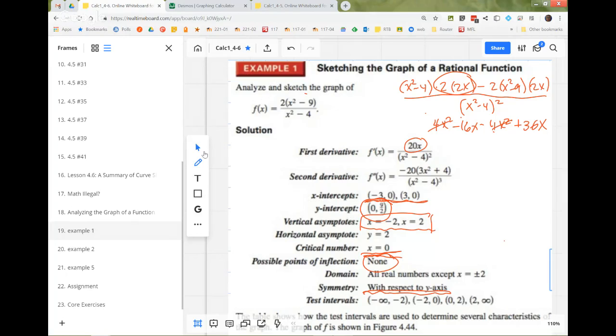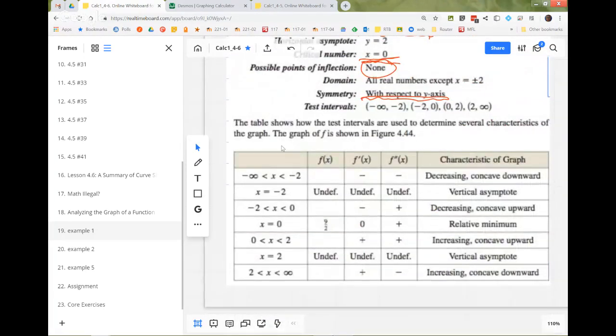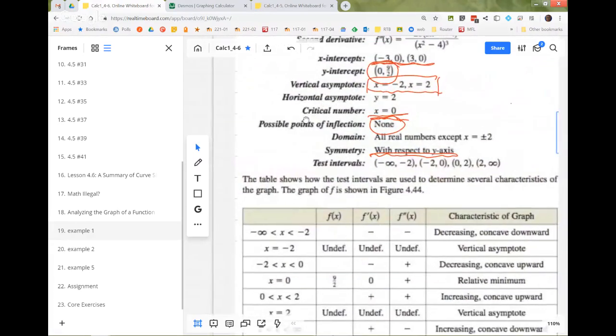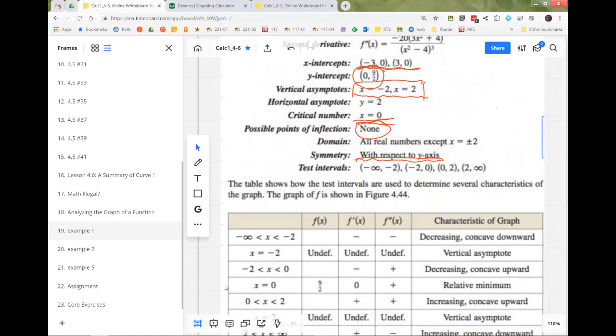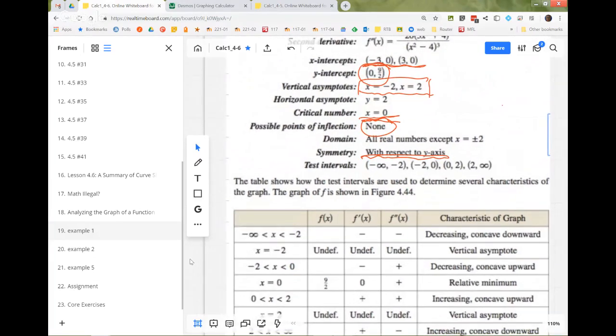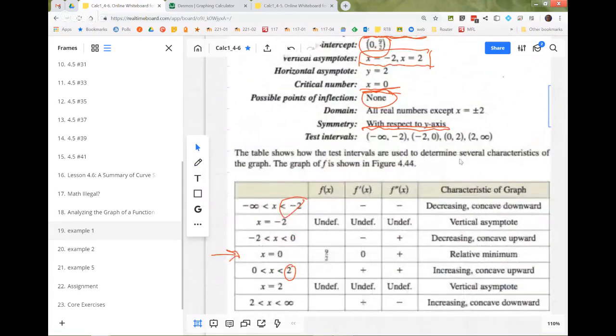Okay, so now what the book does, you don't necessarily have to do this, but they made up all the key things here. Our critical number was 0, so that's this line in the middle here. Whoops, gotta get my pen there. That's this line. Okay, then we know we have vertical asymptotes at -2 and 2. By the way, why do we? Yeah, because that would give us 0 in the denominator. So -2 and +2. So we've got our key intervals set up, and then they go ahead and analyze it through all the different phases. Okay. So when you put that all together,